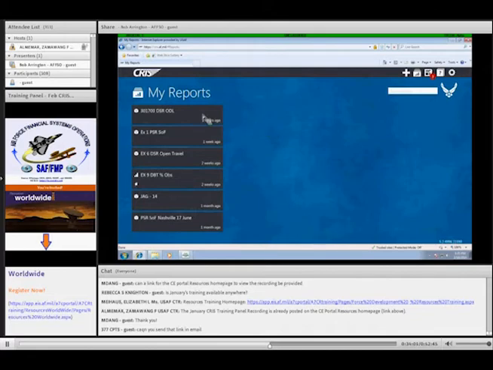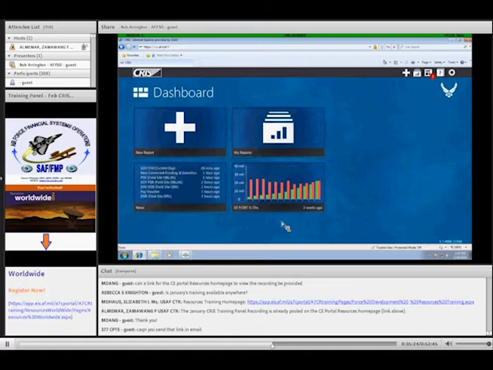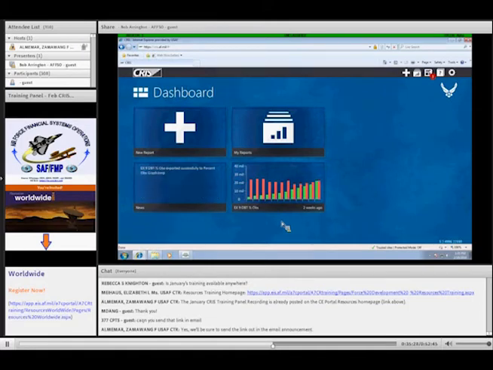I'm going to click the CRIS logo, top left-hand corner. If you remember from January, that's the shortcut, the quick way to get back to your dashboard. And here is the graph that I just pinned onto my dashboard. So it's there and it's live on the screen. If I was to exit out of CRIS completely, shut all the way down, go home for the afternoon, come in tomorrow morning, log into CRIS, that graph would be there.